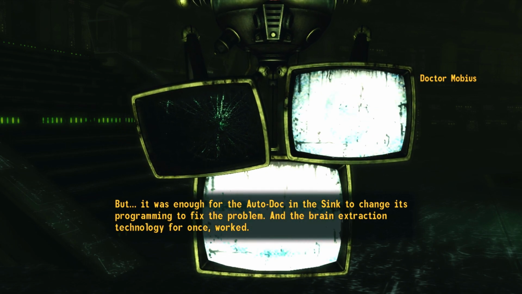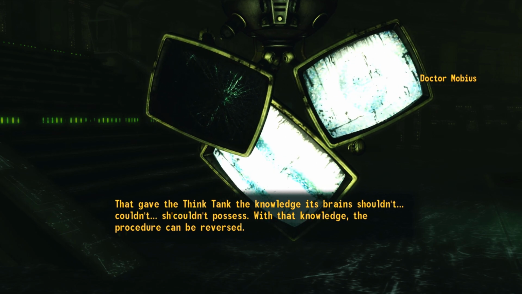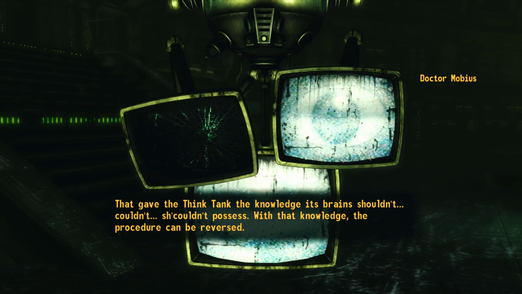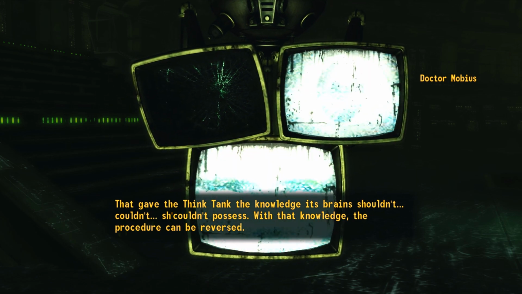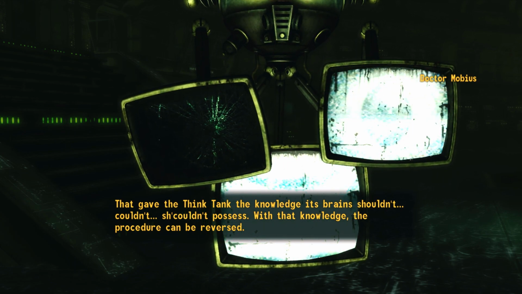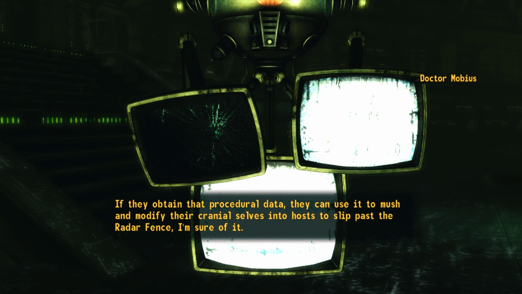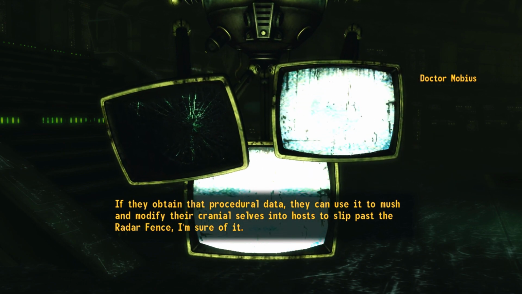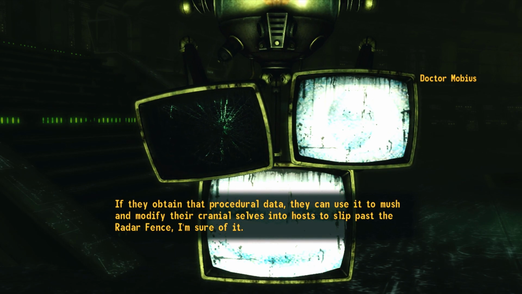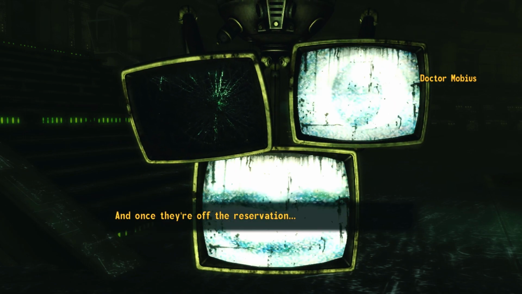And the brain extraction technology for once worked. That gave the think tank the knowledge its brains couldn't possess. With that knowledge, the procedure can be reversed. If they obtain that procedural data, they can use it to mush and modify their cranial selves into hosts to slip past the radar fence. I'm sure of it. And once they're off the reservation...